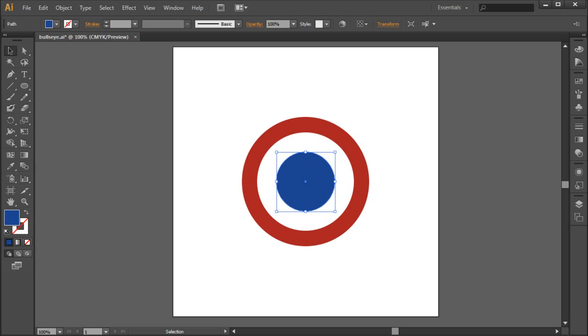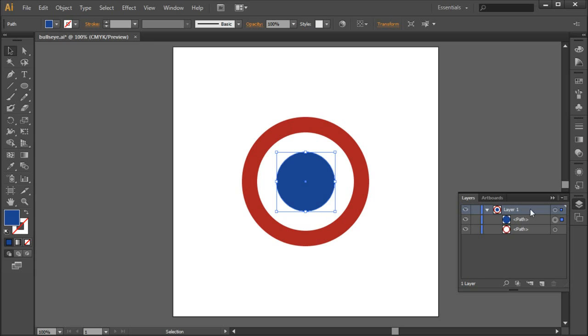So if we go over to my layers panel here in Illustrator, you'll see that both of my objects are on the same layer. You can see right here we have layer 1, and I have my path 1 and path 2, which one of them is my red ring, and then the other one is the blue center. Now this isn't going to work because over in After Effects it's going to take both of these and keep them on the same layer, so I'm going to be able to select all of it at once but not each individual piece. So in order to split that up, I'm just going to select the blue center, hit Control